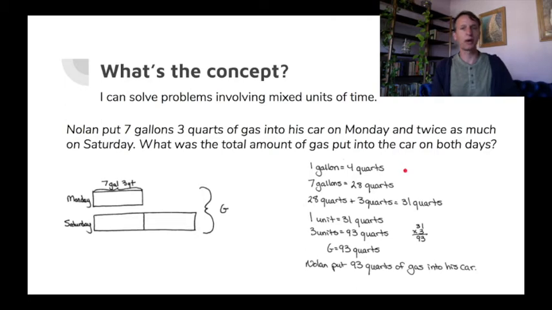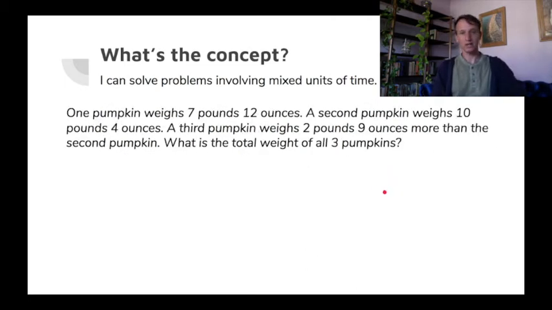All right, let's go on to pumpkins. We got triathlon, we got gas in the car, and man, we got pumpkins. All right, so we're back to pounds and ounces, and I'll remind you that there are 16 ounces in 1 pound. So we got pumpkins. First one is 7 pounds, 12 ounces. Second pumpkin is 10 pounds, 4 ounces. Okay, so those were just given straight out, but the third pumpkin is comparative. It's 2 pounds, 9 ounces more than the second pumpkin, and again, we want a total here, so total weight